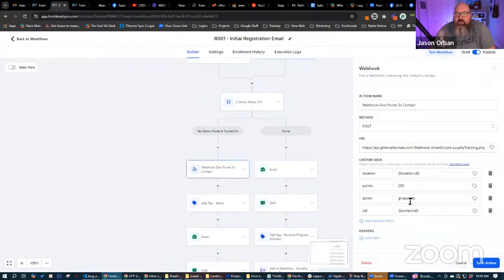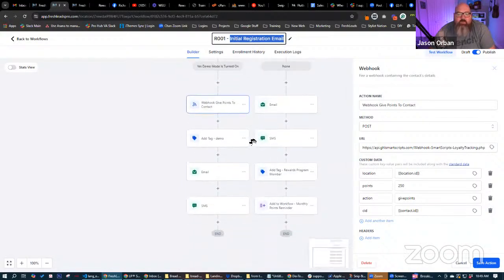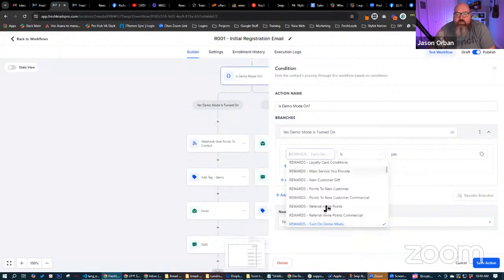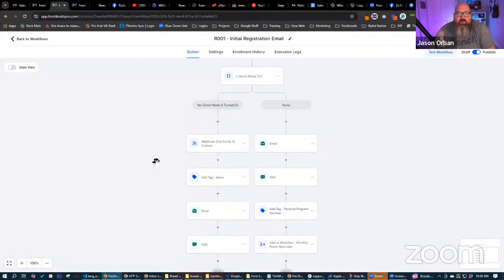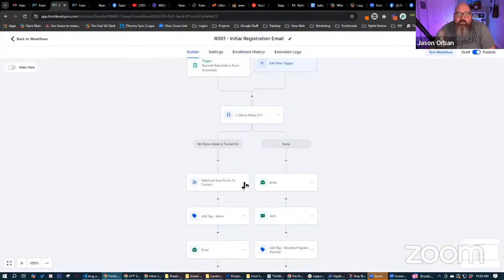So right here we have give points. Under the initial registration email, under R001, we have give points to contact. Here, if we have demo mode turned on, we're not giving points specifically to them, but if we had the custom value for rewards turn on demo mode, when they register, it would give them 250 points there. But you could copy this